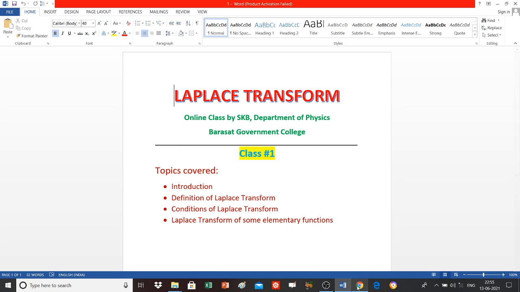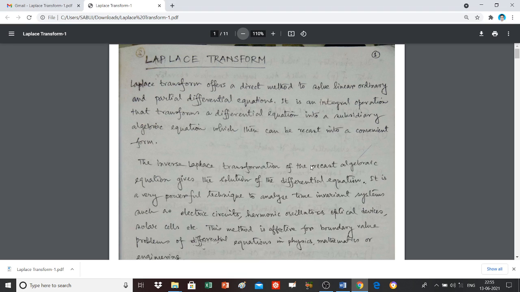First, introduction. Laplace transform actually offers a direct method to solve a linear ordinary or partial differential equation. That is, Laplace transforms are very beneficial in solving linear ordinary differential equations as well as partial differential equations. In that case, this method is used to produce a subsidiary equation from a given linear ordinary differential equation or